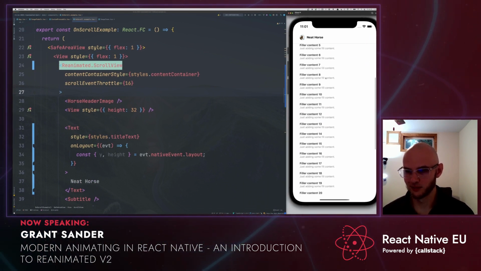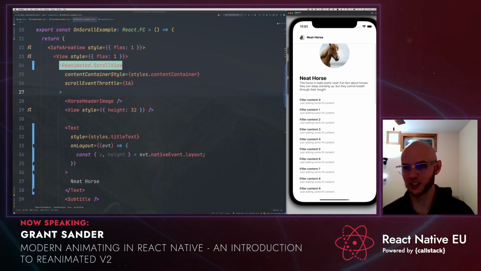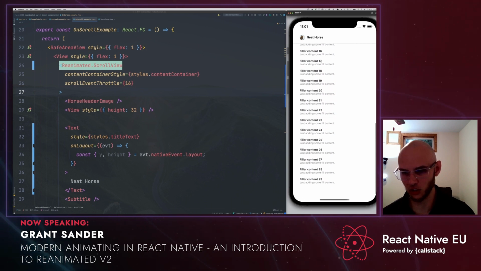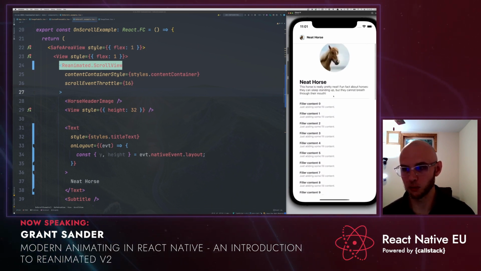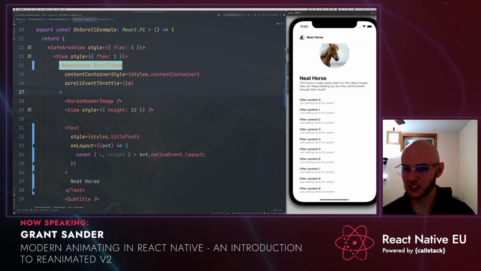I have this sort of silly example content here, where I have this neat horse image and a scroll view with just some filler content, nothing useful here. I just wanted to add some buffer content there. And then I have this sticky, in quotes, header that sticks at the top of this scroll view. But what I want to do is actually only show that if this big neat horse title has scrolled out